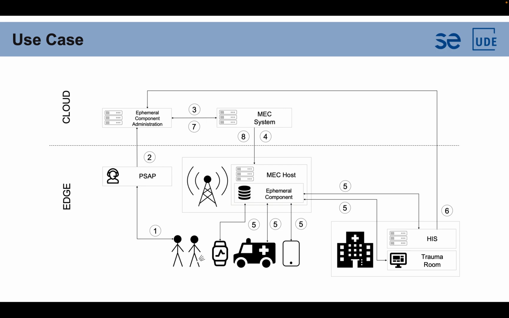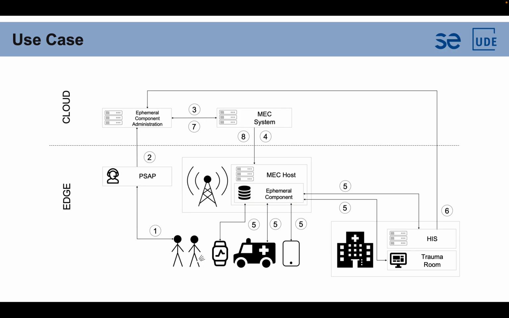One use case that could benefit from our approach is an application for information sharing between actors in emergencies. After an accident has happened, all relevant data of the emergency are transmitted to the public safety answering point. Initial information such as location, time, information about the environment and type of the emergency will be transmitted to the ephemeral component administration. After saving this incoming data and linking it to a unique ID, the administration initiates the deployment of the new ephemeral component instance by sending the ID and location information of the emergency to the system level